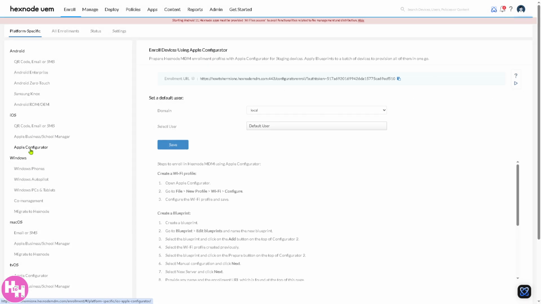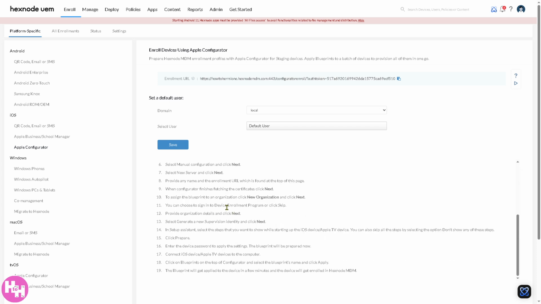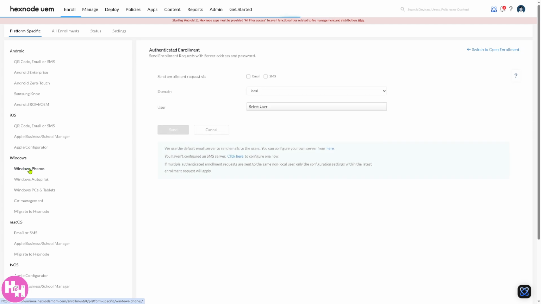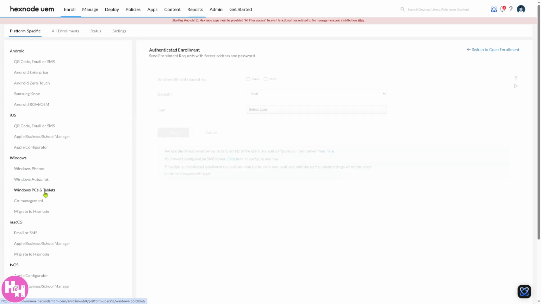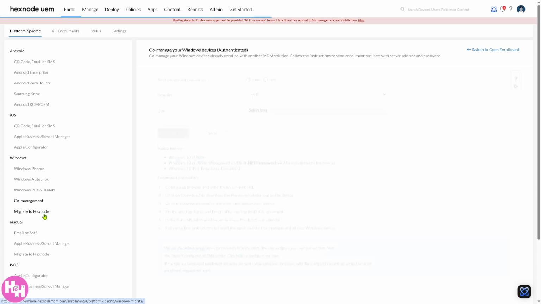They also have the Apple Configurator. All right, you need to create a Wi-Fi profile and create a blueprint. It's kind of easy. It's a straightforward process, really. Now, if you go to the Windows, you have the Windows Phone, Windows Autopilot, Windows PCs and tablets, co-management, and